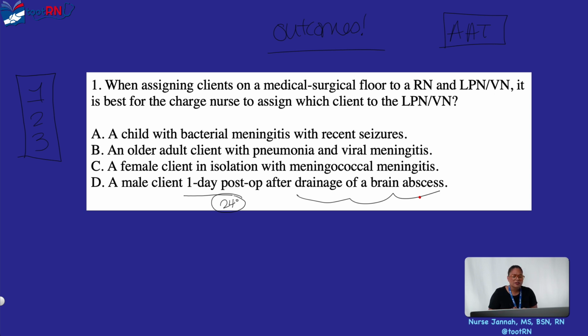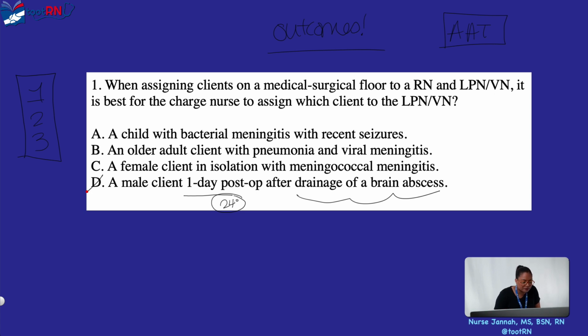Is this predictable? Can you clearly predict what's gonna happen next to the client? Do you know how this is gonna go for this guy? No. Right? No. Drainage of a brain abscess 24 hours ago, this is high acuity, not stable, right? We don't know how this is gonna go. He could have bleeding, increased ICP, seizures, become septic. This could be fatal, who knows? We can't predict that. So because we can't clearly say, well, this is the outcome that we're predicting, that's not